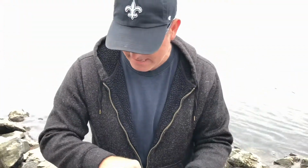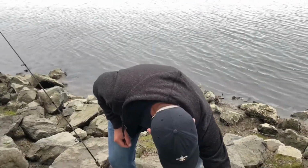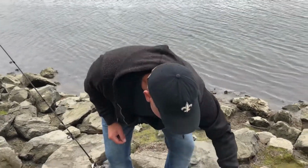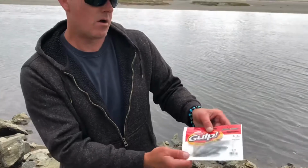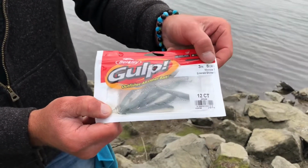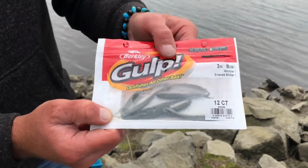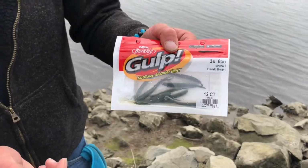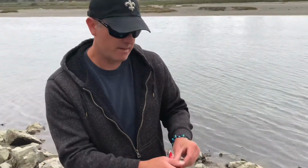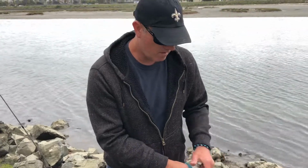Now, rigging a bait. This is the easiest way to rig a bait. What we're using today are Gulp Emerald Shiner minnows, 3-inch, 8 centimeters. The reason why we're using the Gulps is that when the fish bite, they hold on to it because it's got that scent and it tastes like a real bait fish. So, all we do